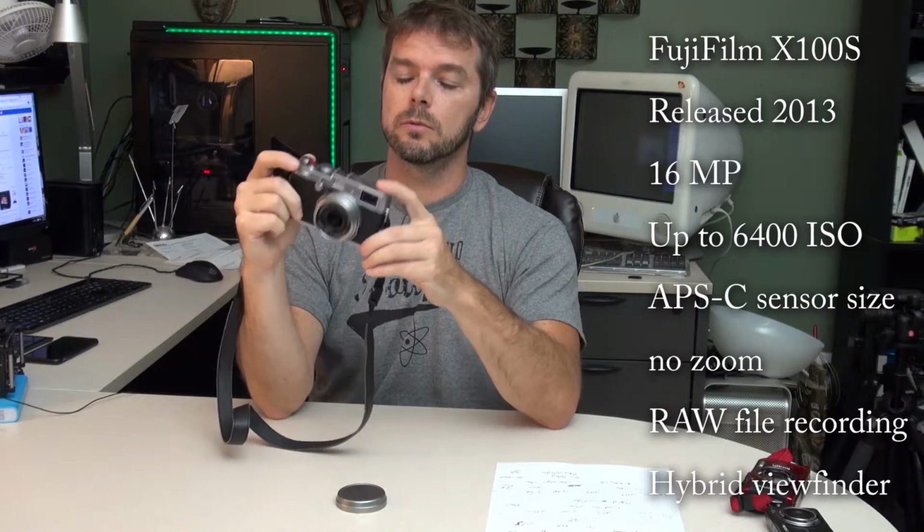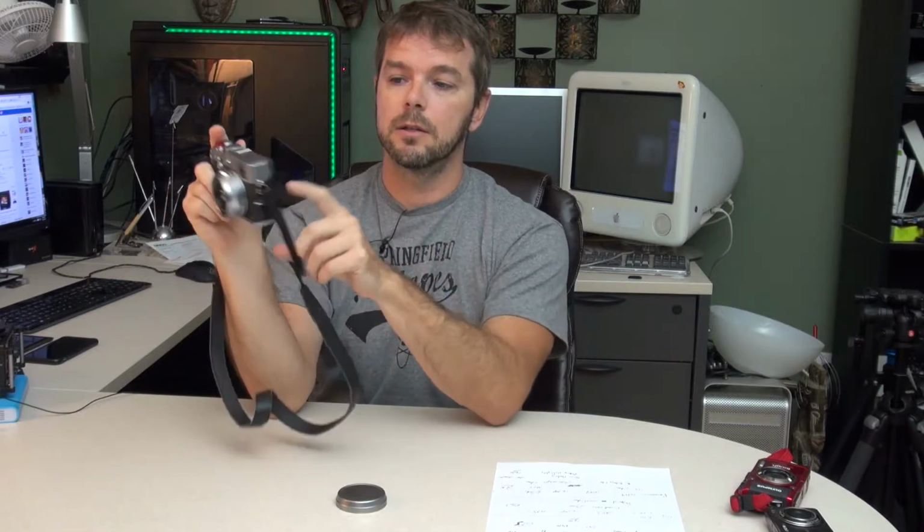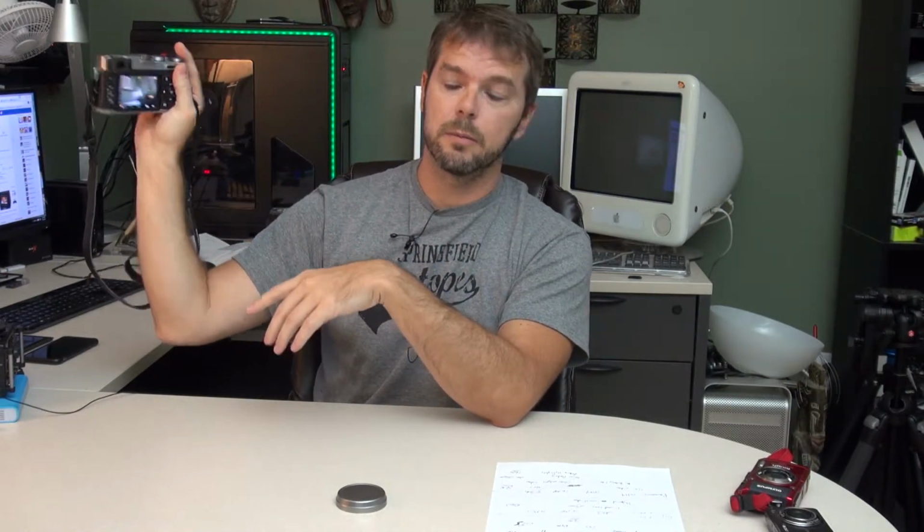I mean, it's a really, really interesting viewfinder, but then again, most people still don't really take pictures with their eye up next to the viewfinder. They're going to use this back screen, and this is one of the better back screens I've used. All right, moving on